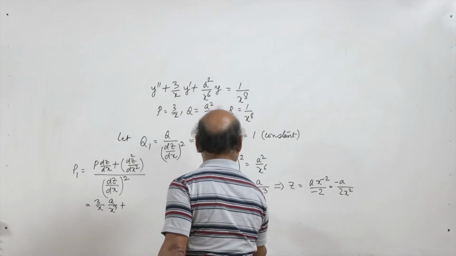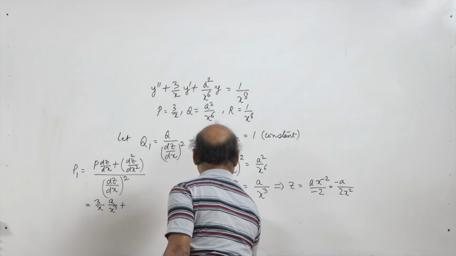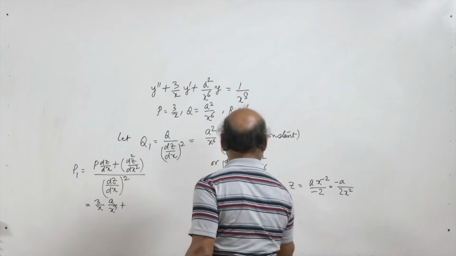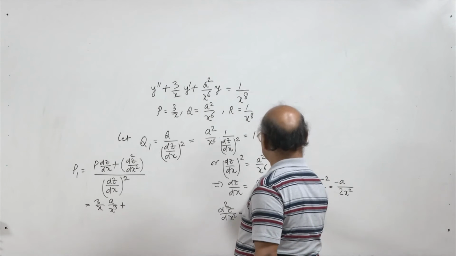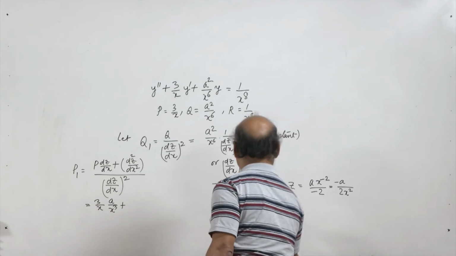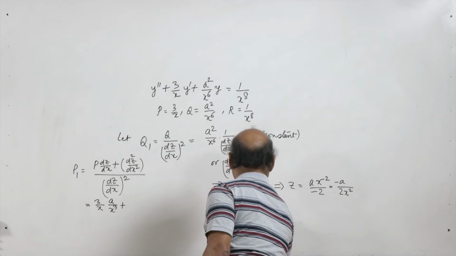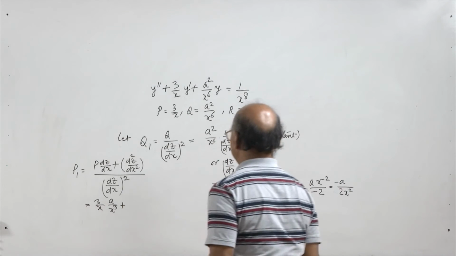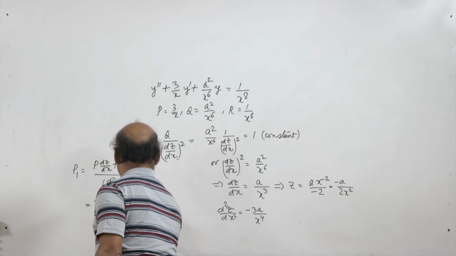Differentiating once more, a times x to the power minus 3 gives minus 3a x to the power minus 4. So, minus 3a by x to the power 4, we get minus 3a